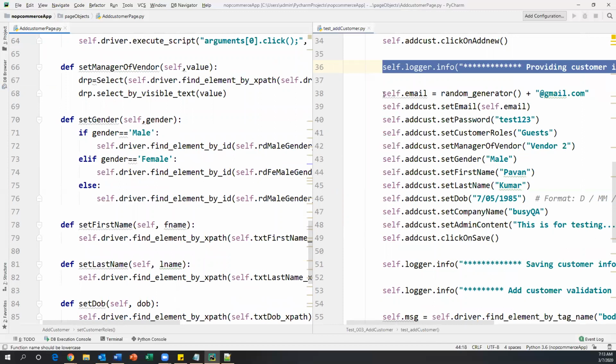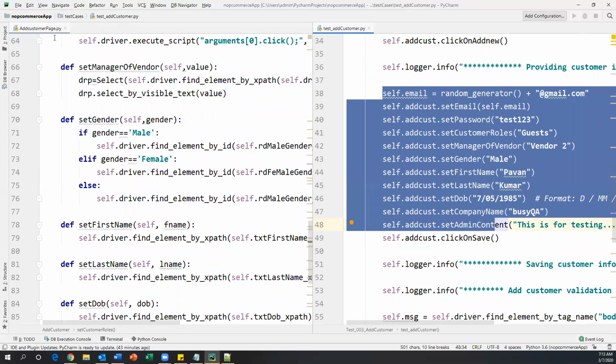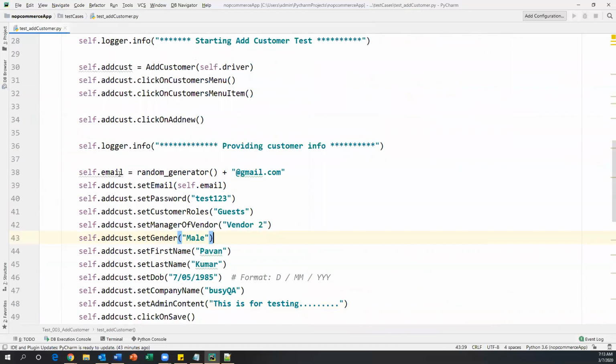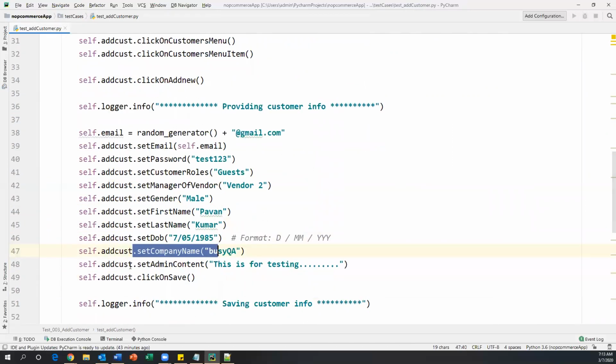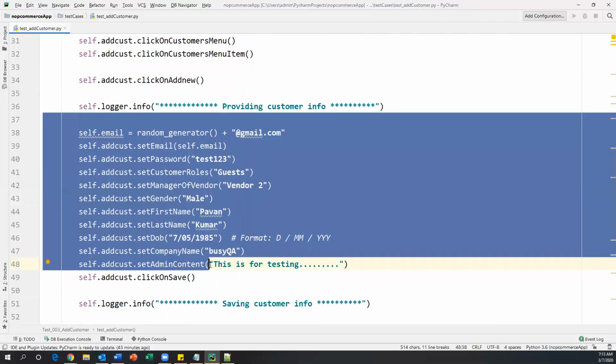If you notice in your test case, self.add_cust is the object of the page object class. Set email, passing self.email, and for the password and customer roles I'm passing guest, manager of vendor, then set gender, set first name, set last name, DOB, company name, admin content, click on save. So I'm calling all these methods from the page object class.